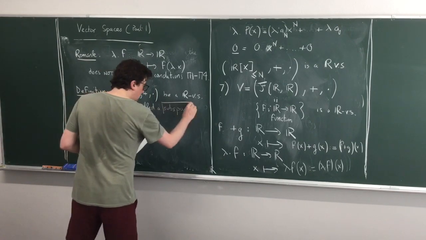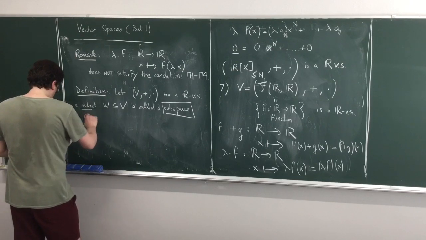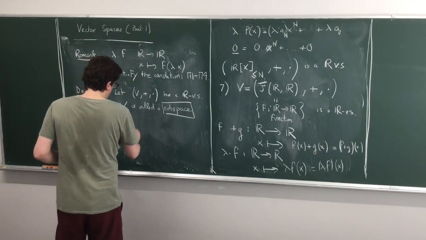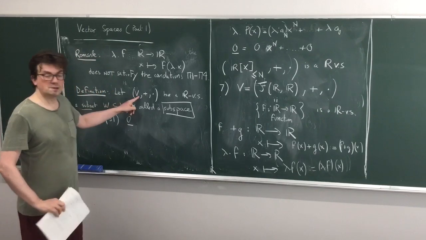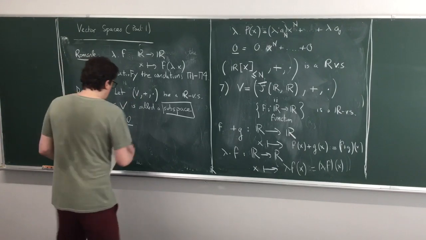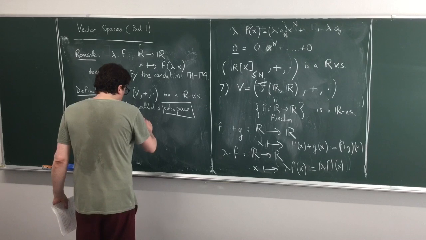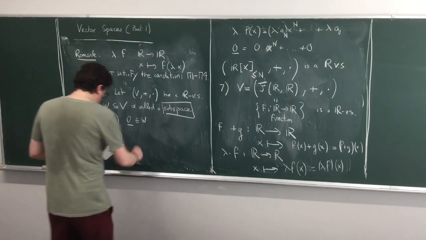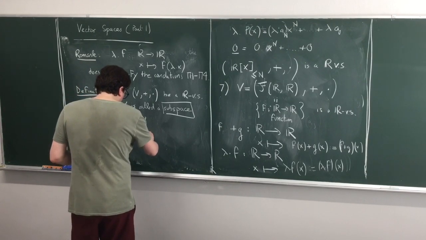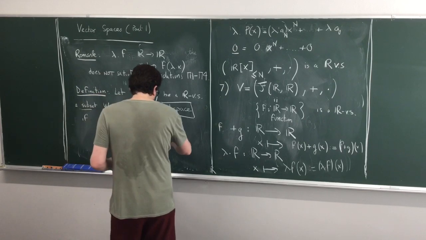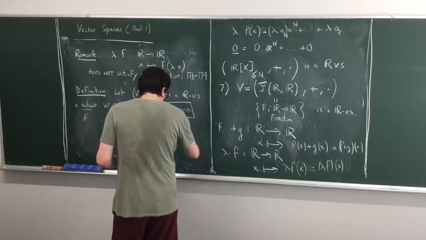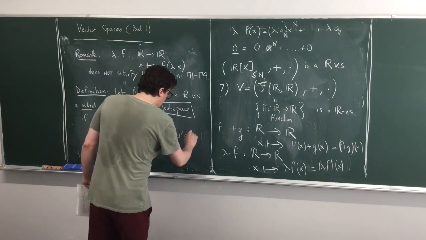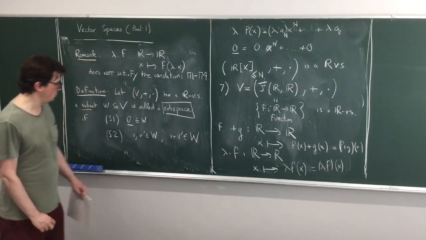This is an important word here, if we have the following three conditions. First of all, V comes with a zero vector because it's an R vector space, so the zero vector in V actually belongs to W. This will be the first condition. The second condition is that if we are given two vectors v and v prime in W, then v plus v prime, this addition being in V, is again an element, a vector, of W.